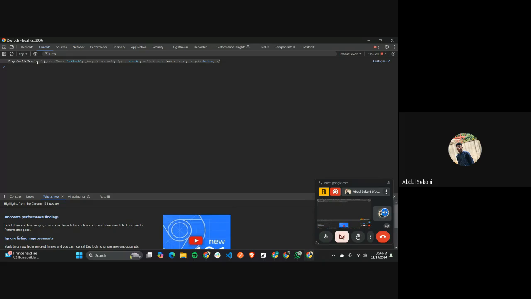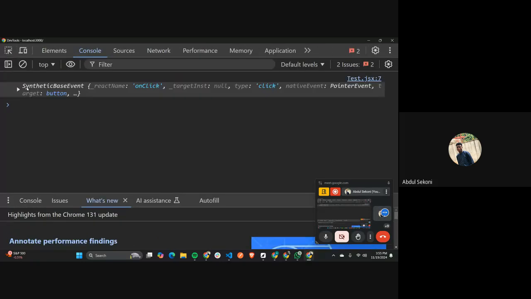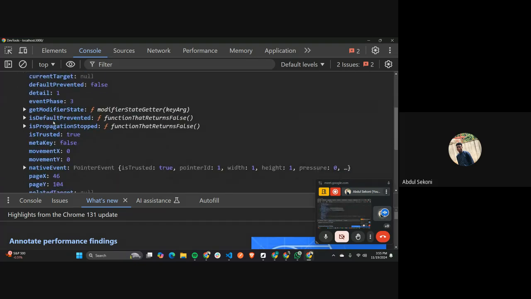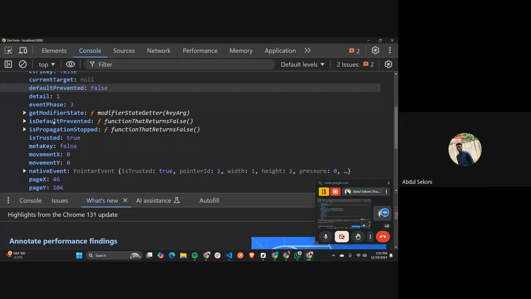So when I come back here, okay, yeah, I think I can zoom in. Yeah, so now we have console.log this button action. Now, what this is giving you is a bunch of parameters and methods based on what action